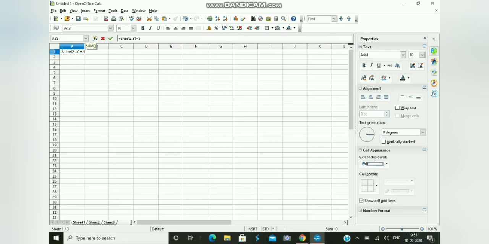Then we are going to type sheet 3 dot B4, and we will press the enter key. As we press the enter key, you will find the total is coming as 0. Why? Because we have not entered any value over here.